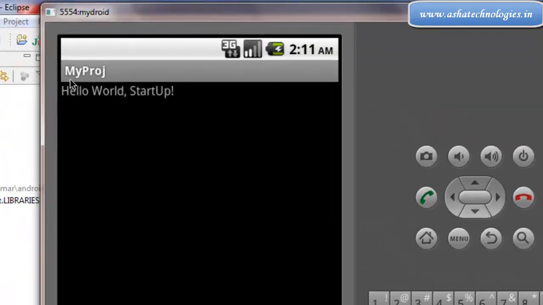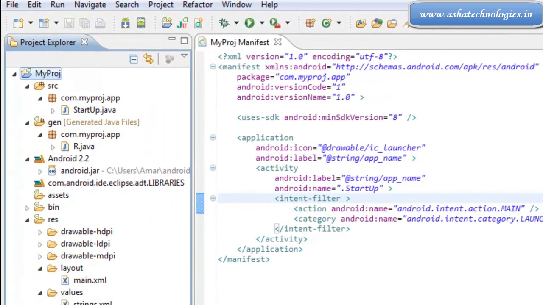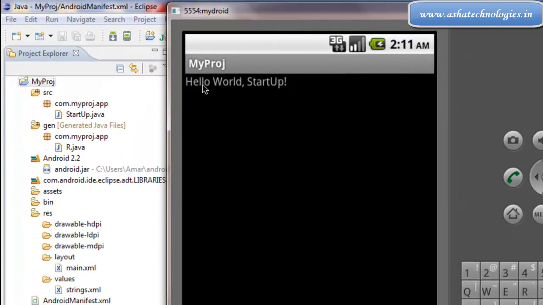This is the output of this project. We see the name of the project, MyPROJ, and Hello World, Startup, where Startup is the name of the activity.